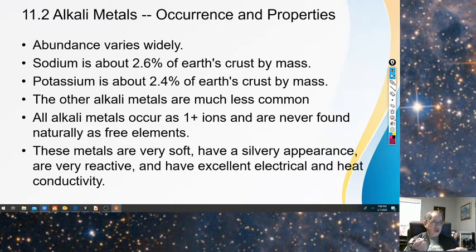They're very soft, have a silvery appearance, very active, have excellent electrical and heat conductivity. And the thing, remember, to distinguish this from other metals, that thing where it says very reactive. Remember the movie, the video, I don't know if it's sodium or potassium, that lit on fire when it got in the water. So know about this. Know that all alkali metals occur as cations with a positive one charge. Never found naturally